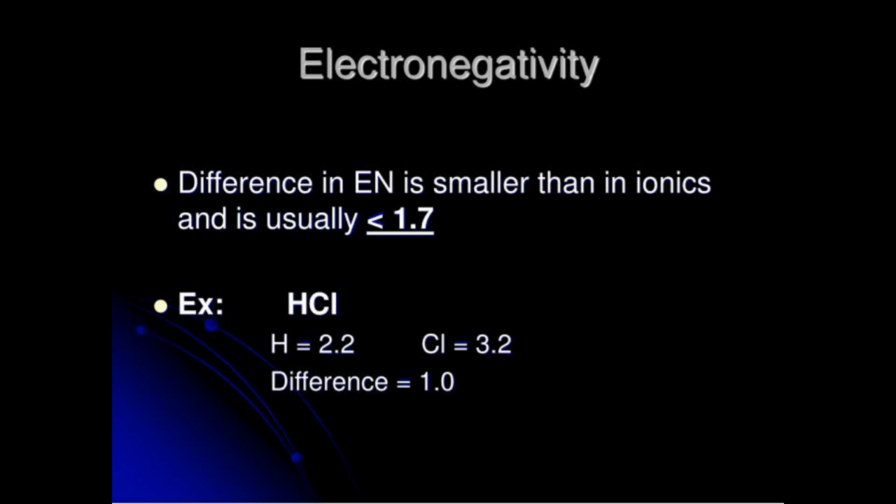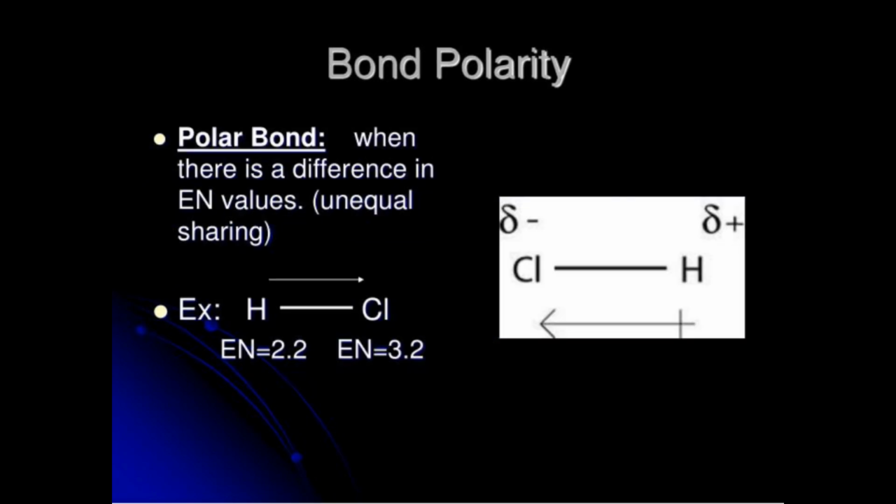For instance, in ionics, the difference in electronegative value is always large because a metal is combining with a non-metal, so it's always very large. But in covalent, it must be very small, and usually less than 1.7. Now, another factor is